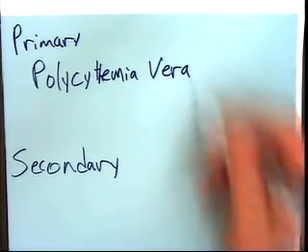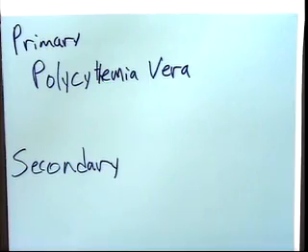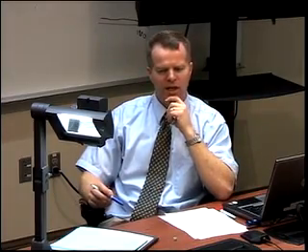You can read about this in your text, but polycythemia vera is a neoplastic disorder, or a myeloproliferative disorder, where the stem cells in the bone marrow are producing too many red blood cells. They should be producing less, but they're producing more. So normally the body will produce red blood cells so that